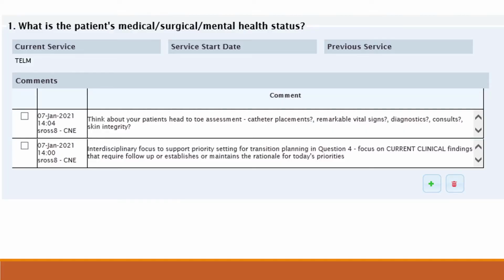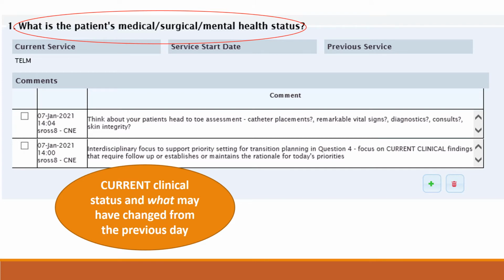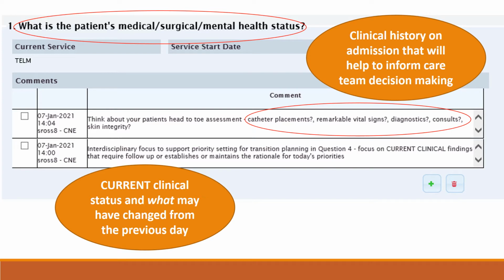Shifting focus to the 5-goal focus question framework. For question 1, what is the patient's medical, surgical, mental health status? This is where patient care teams will document current clinical information relevant to care team decision-making. It is important to list active clinical concerns and responses to treatment, test results, or possibly consultant inputs to support transition planning. With new patient admissions to the unit, what is clinically relevant to the team to help inform prioritized